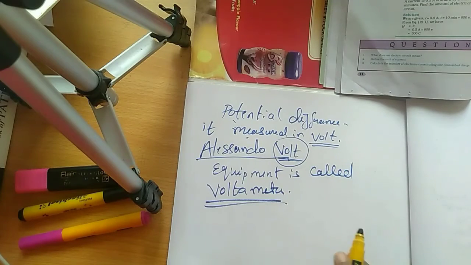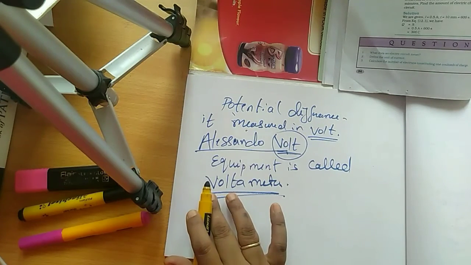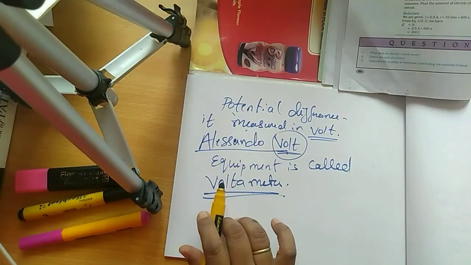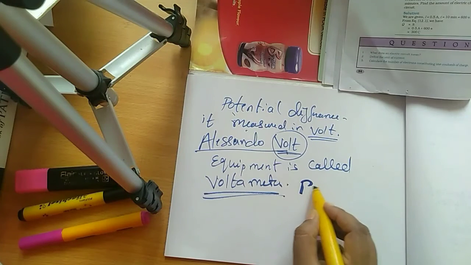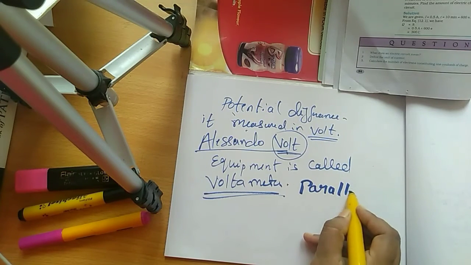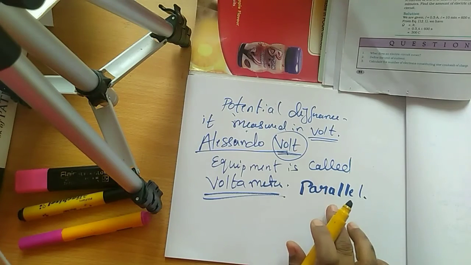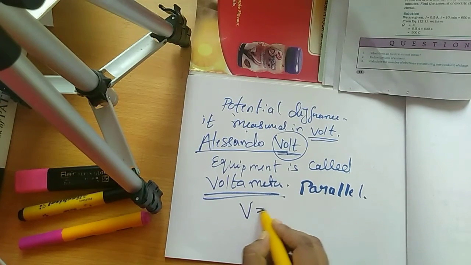Okay, voltmeter. Electric current is measured in amperes, and the equipment is called an ammeter. Here, voltage is measured in volts and the equipment is called a voltmeter. The ammeter is connected in series but the voltmeter is connected in a circuit in parallel to the conductor, and the formula we are using is V is equal to W